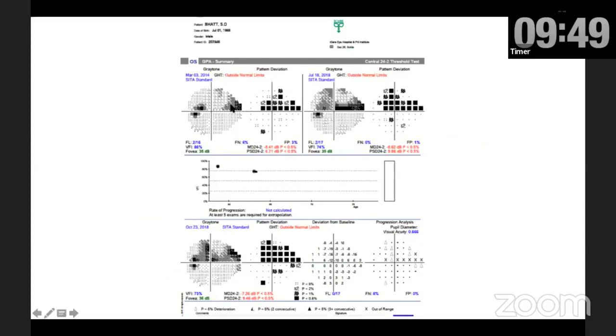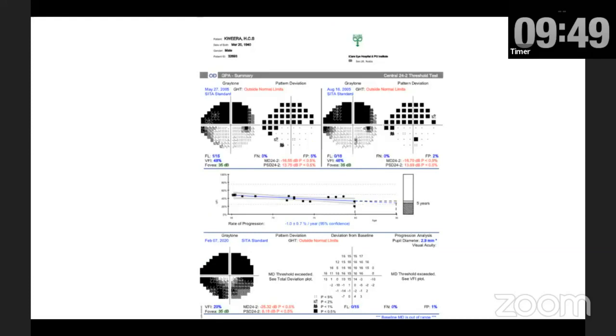Again, as you can see over here, very clear progression over time because the patient was lost to follow-up for 4 years, but we did repeat the test twice to make sure that this is a true progression, and you have to, of course, clinically correlate with the optic nerve head and other parameters. Again, just to show a very frank glaucoma progression over time. And you can see that every time you're seeing a change, do not hesitate to increase the frequency of tests at that particular time to make sure what you're dealing with here.